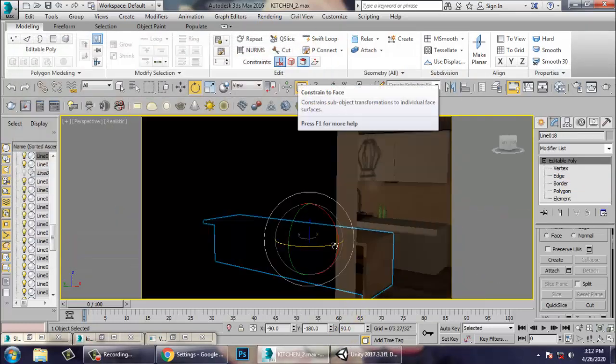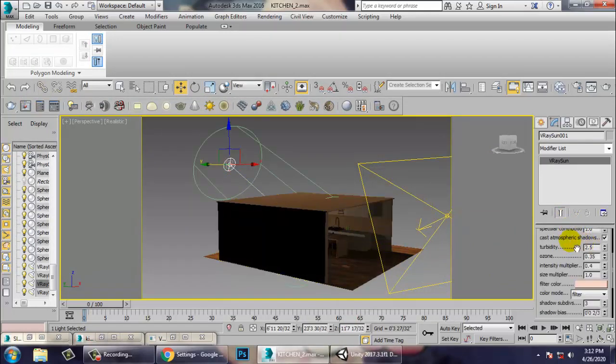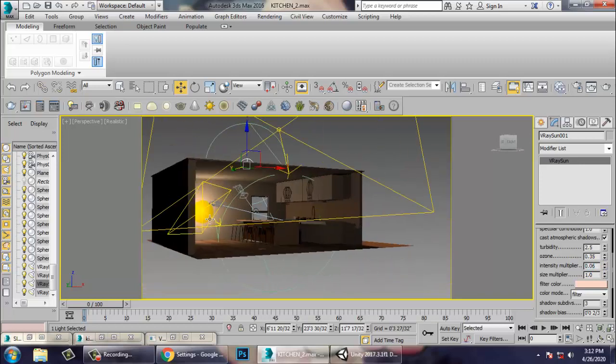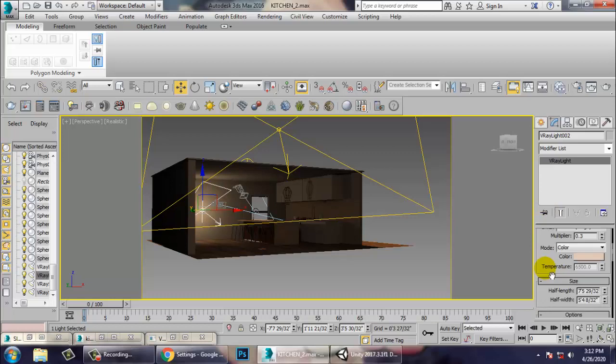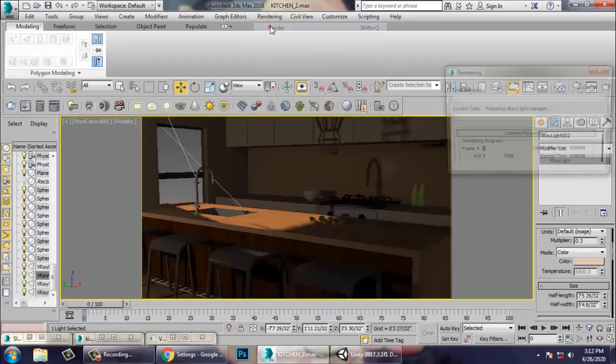So let's again go back to the perspective view and reduce its multiplier to 0.5 and reduce its intensity multiplier to 0.06. Save your file. Select this light over here and 0.3. So just go back to the camera view and let's render it.